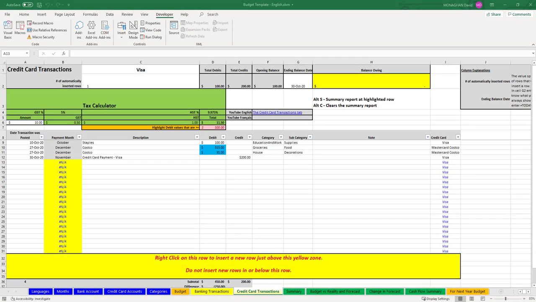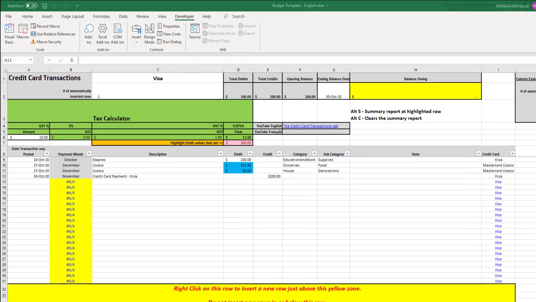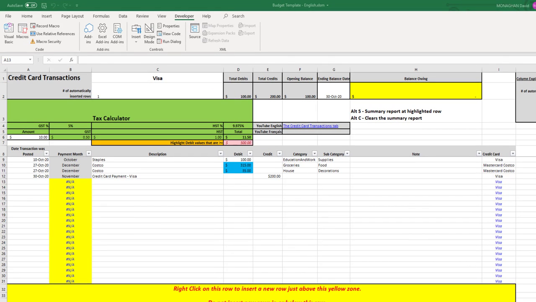This section of the video is to address supplementary cards. So you may be saying, yeah, Dave, you can track up to 4 cards, but what happens if I actually use more credit cards than that, which is common. And so I'm going to explain how to deal with that. While I plan on updating the spreadsheet to support many more cards in the next version, for the time being, let's take a look at how to enter transactions for credit cards that are not listed in your credit